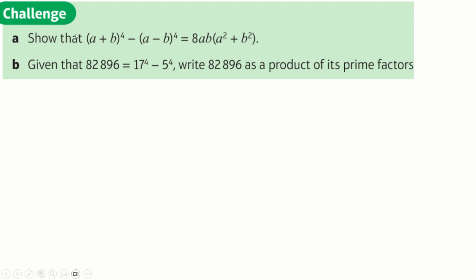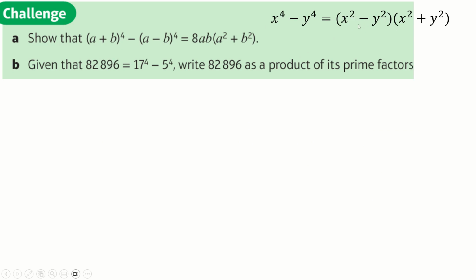So this you could do with binomial, but of course you could also do it by just noticing that's a difference of two squares. So I'm just going to factor this to be, so x is taking the place of a plus b, and y is a minus b. So this is going to factorize to a plus b all squared minus a minus b all squared